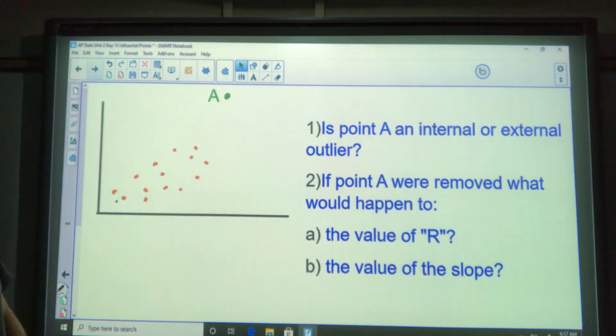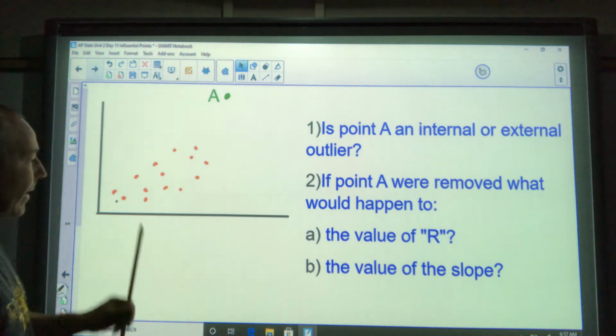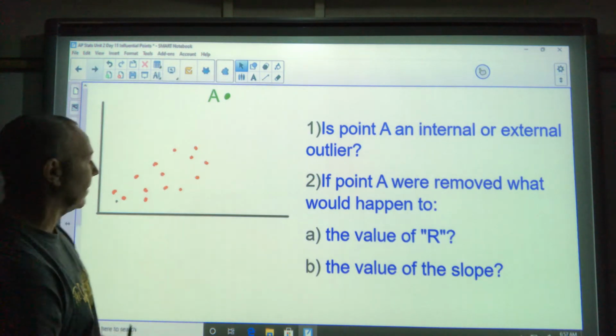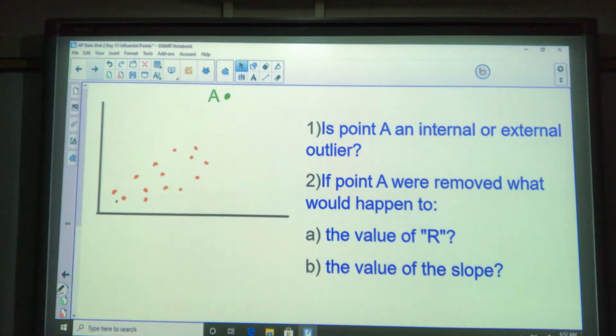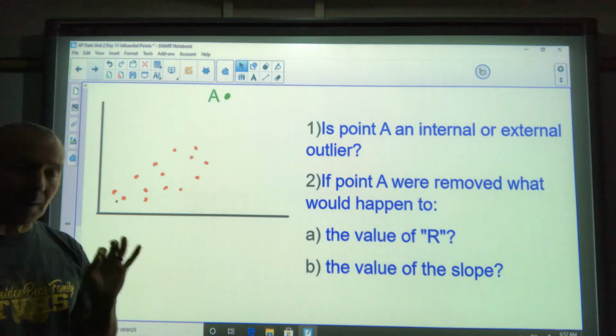Okay, first example here, is point A an internal or external outlier? So this is my data set. Since it's outside of that, that's an external outlier. Okay, if point A were removed, what would happen to the value of R? Remember, R is your correlation coefficient. That's the linear strength, or how linear